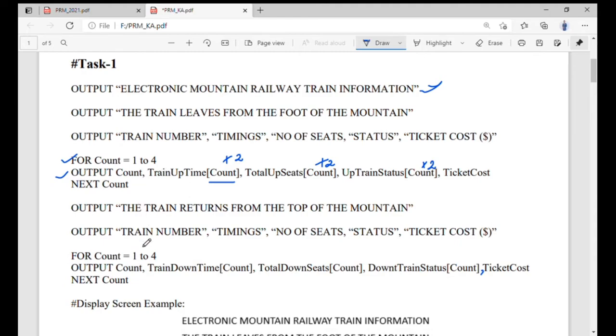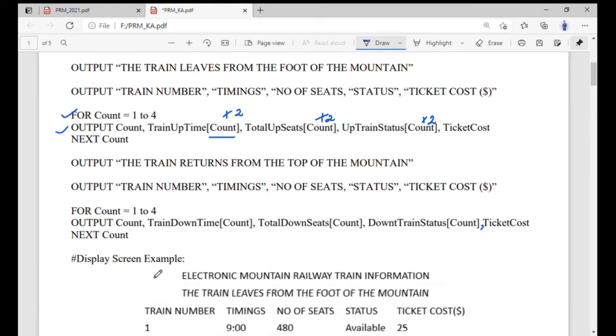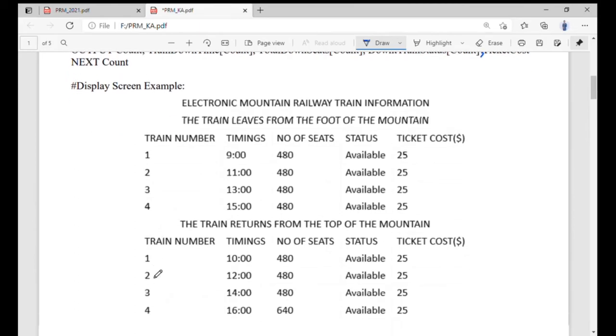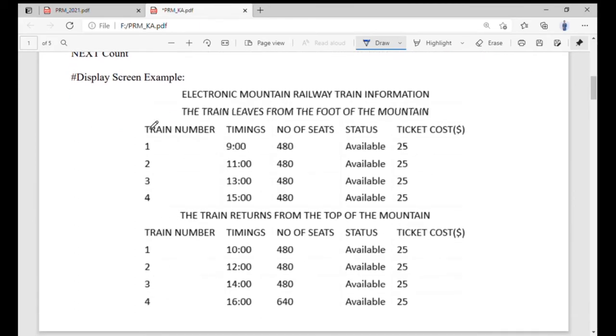The same goes for top to down as well. Maybe this screen will help you get a better understanding of this code. See, the main heading which we mentioned at the start: Electronic Mountain Railway train information. The train leaves from the foot of the mountain. Remember the headings we made: train number, train timing, number of seats, status, and ticket cost.